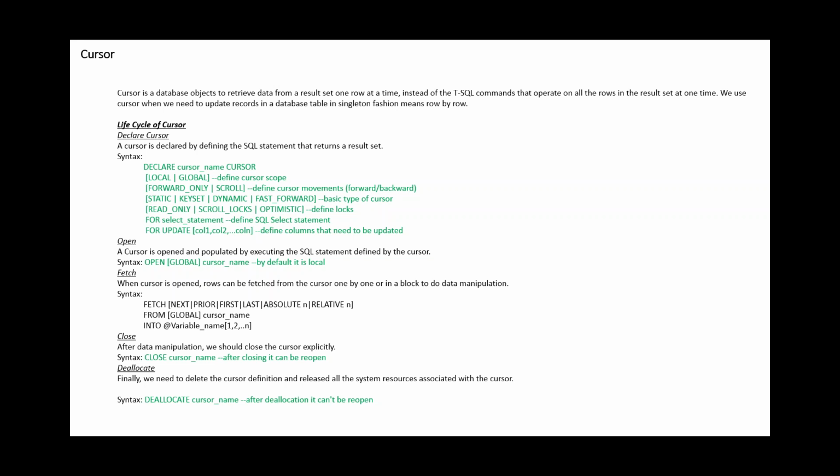Whatever variables you want to keep the result in, in the first record you may have two or three columns. Those two or three column values you can keep in temporary variables in your cursor program. From there you can process inside, again with BEGIN and END statements. And then CLOSE: once you have processed your cursor and you are